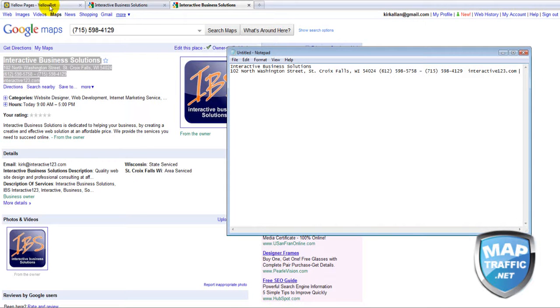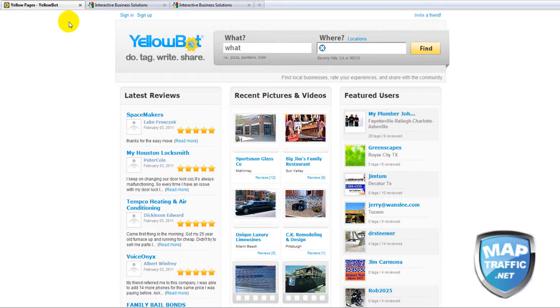Now we're going to work with YellowBot, and the first thing we need to do, obviously, is make sure that we don't already have an existing listing in YellowBot, and so we're going to search for that. So we're going to go to yellowbot.com, and we're going to type in what it is we're looking for and where, or the name of the business. So Interactive Business Solutions is a web design company, and they're located in St. Croix Falls,